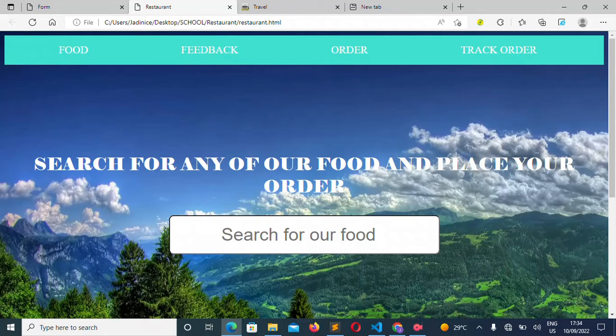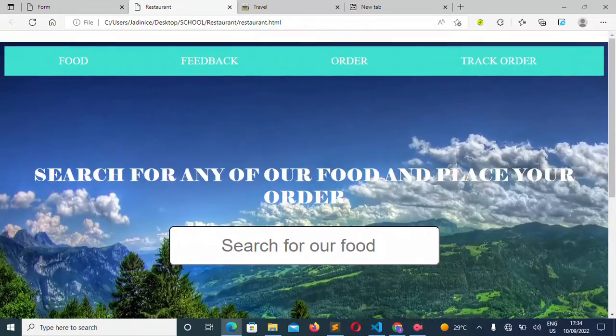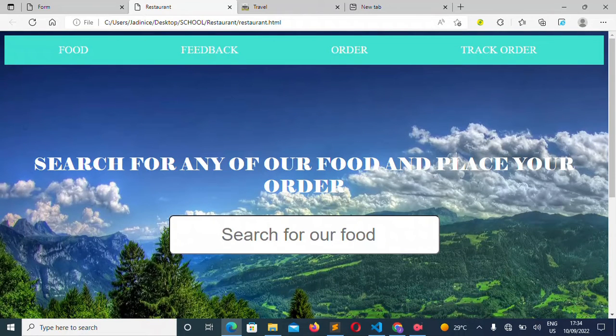So there you can see how we were able to remove those multiple images and use a 1920 times 1080 image for it. So that's the pixel size that you need to use if you want to use an image as a background for a website. And it looks really pretty.